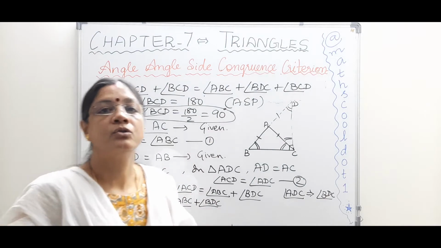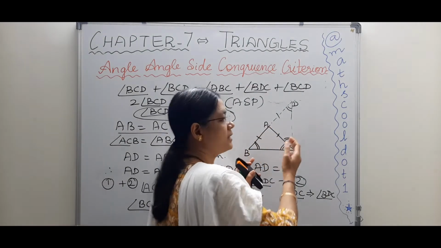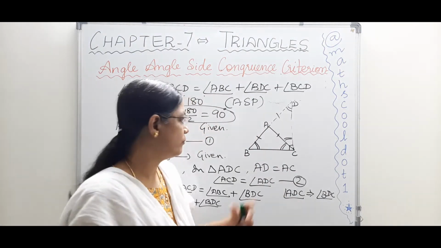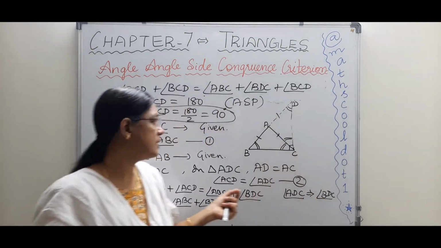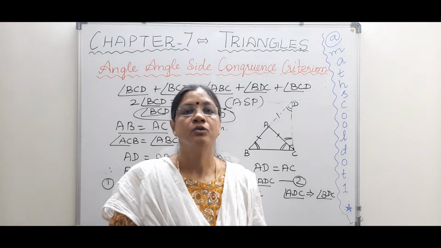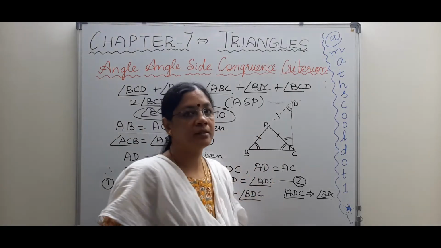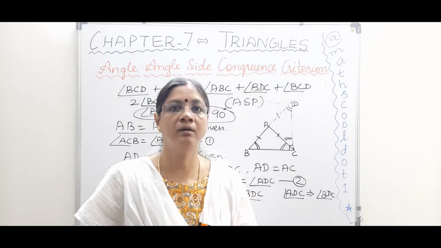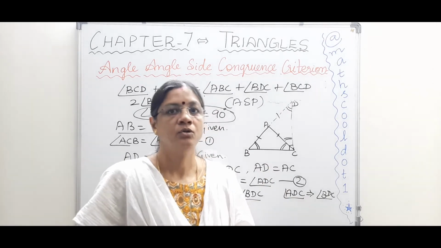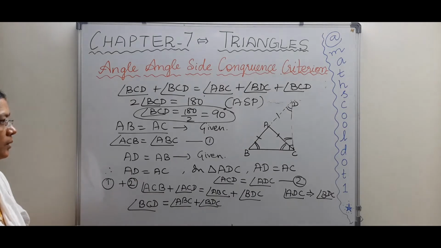Now do you understand? So how we used the theorem, when two sides are equal, the angles opposite to them are equal, and we have found out that the angle BCD is a right angle according to the problem. Okay, so to understand the theorem we read, and when we apply it in a problem, please do understand how to solve a problem using that theorem. Okay, so please check this problem and we'll move to the next one.